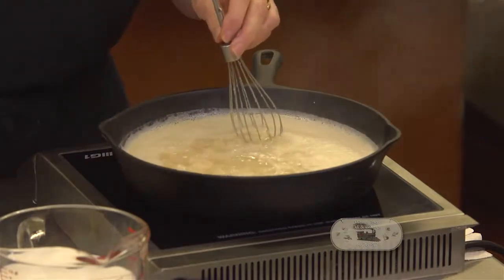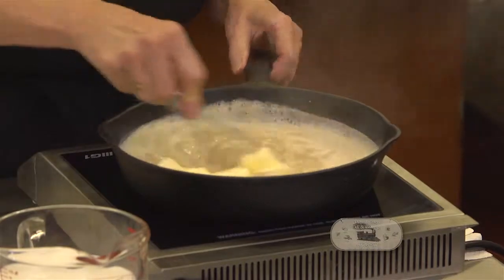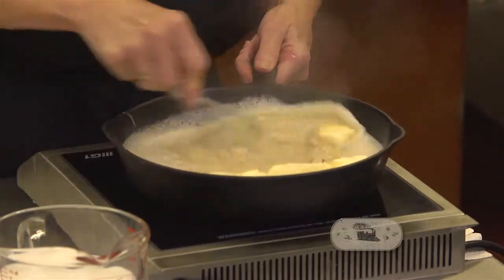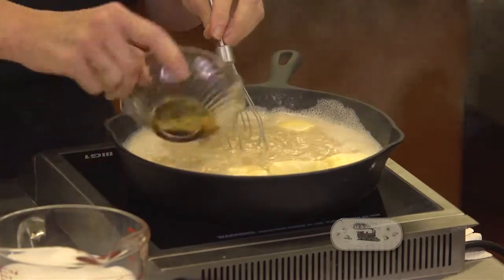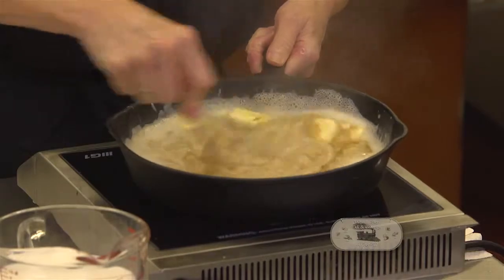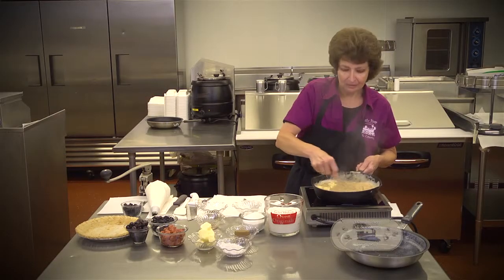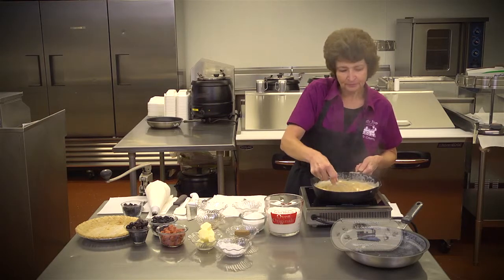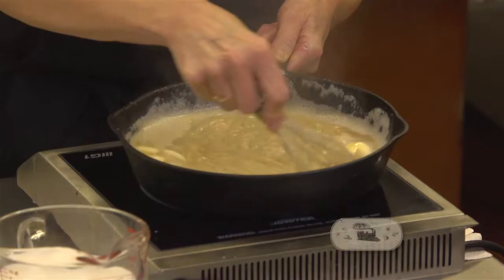So what I'm going to do is put my 1/2 cup of butter in, real butter, and as you see how it's getting tight, then we're going to go ahead and add our teaspoon of vanilla flavoring, and that will go in. And I'm just going to whisk it up and make sure that it's mixed well. And then it's going to go into your prepared pie crust. Now you can either make your own or just buy one if you prefer. And as you see how it is doing